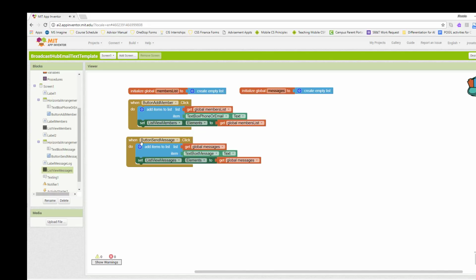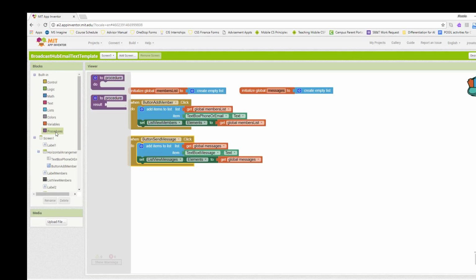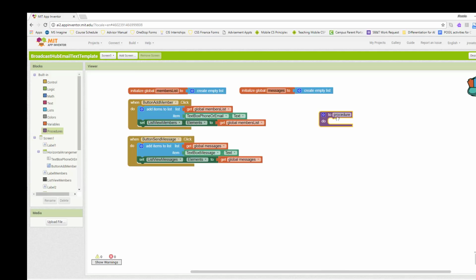Okay, this is the two basic pieces of functionality just for the text boxes and updating the list views, but we still need to get at the piece where we're going to broadcast our message. To do that, because it's more complex logic, we're going to create a procedure, and we're going to call that broadcast message. And we're going to add a parameter so that it is easier to reuse and that we can specify the message each time we use this